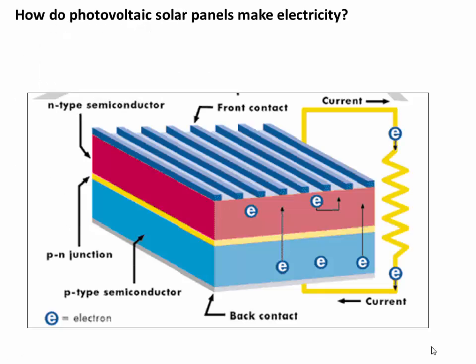Okay, so let's switch gears now and look at how electricity is made by solar panels. And this is done using what are called photovoltaic solar panels. And here's a pretty simple diagram of one of those. It's basically a material that's made of two different semiconductors, a p-type and an n-type. And you don't really need to know what those mean. The main point is that